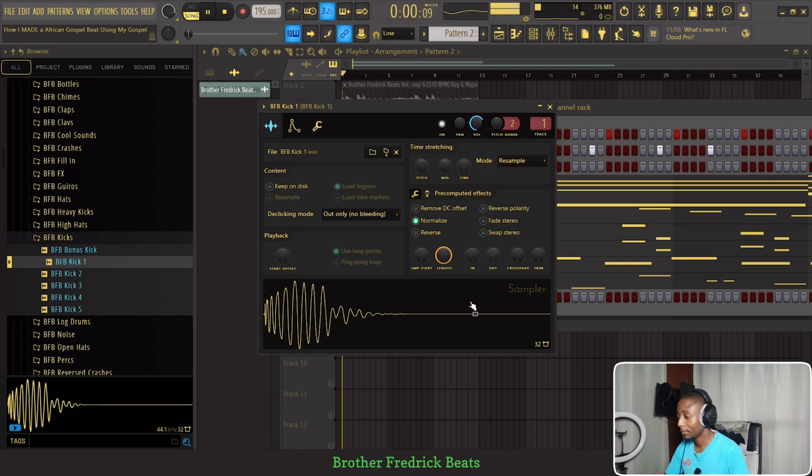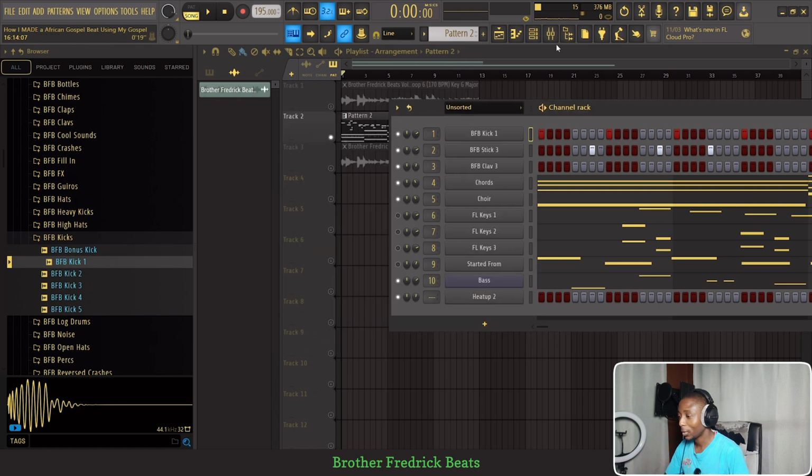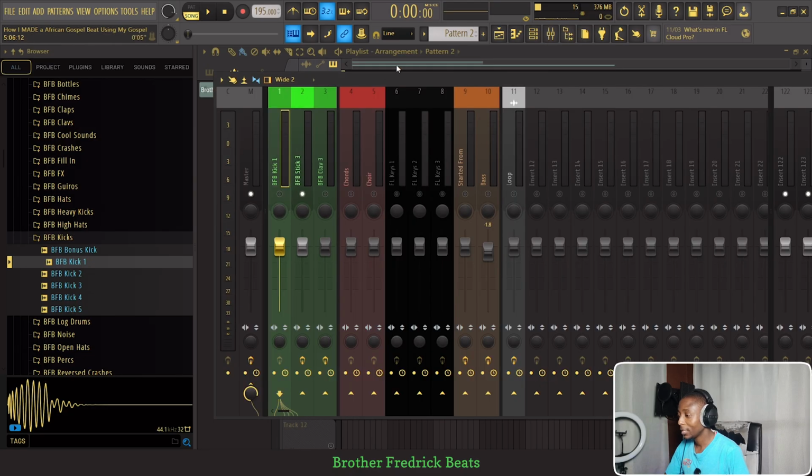So it was like this. Then I've just faded it out here up to 56%. You can go up to any percentage according to how short you want the kick to be. After you have done the fade out, make sure you click on normalize because it becomes small, as you can see here. When I click on normalize, it goes back to its original size. Then with the stick,